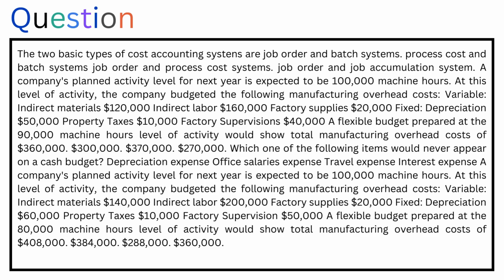A company's planned activity level for next year is expected to be 1 lakh machine hours. At this level of activity, the company budgeted the following manufacturing overhead costs: variable indirect materials $1,40,000, indirect labor $2,00,000, factory supplies $20,000, fixed depreciation $60,000, property taxes $10,000, factory supervision $50,000. A flexible budget prepared at the 80,000 machine hours level of activity would show total manufacturing overhead costs of